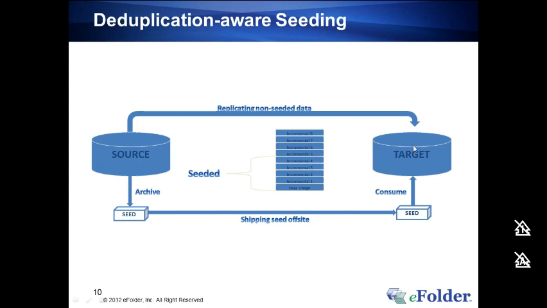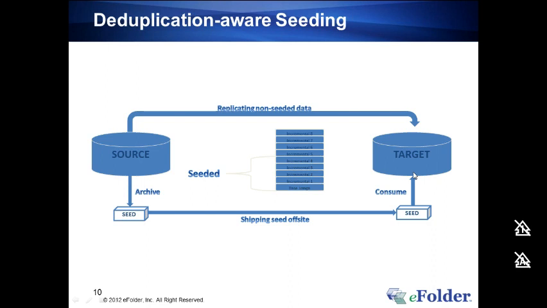So what does that actually mean? Whatever data is present in this repository that we're seeding into, that's going to be deduped against. So if we've got a handful of Windows 2008 R2 environments, let's say we've got 3 of them, copying and archiving the data onto the seed may be a little bit more time consuming than when we're consuming, simply because the consume speeds will be lightning fast. We're going to be consuming